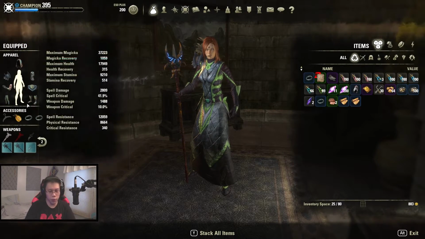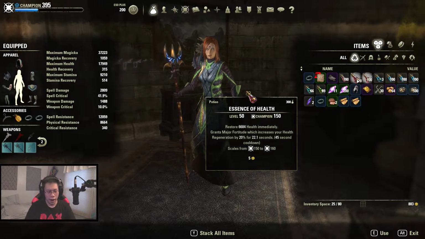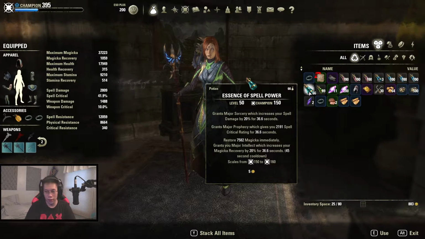So we've covered pretty much all the items and a few things I want to cover after. So this character is a sorcerer, and we're going to be going over the spells next, and I'll try to give some replacements just in case you don't have everything. But keep in mind, this is the essence of spell power. You can craft them at pretty much every level. Just look up the